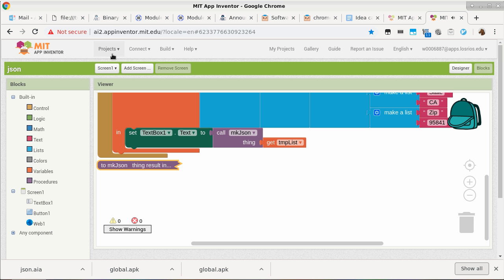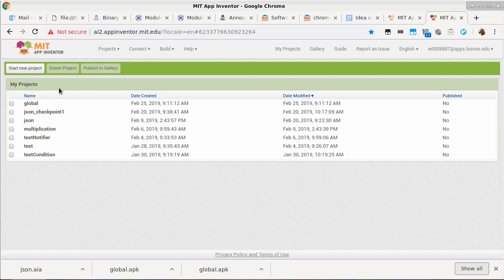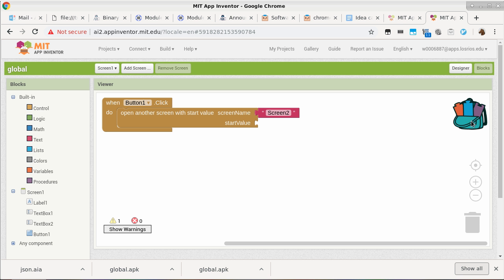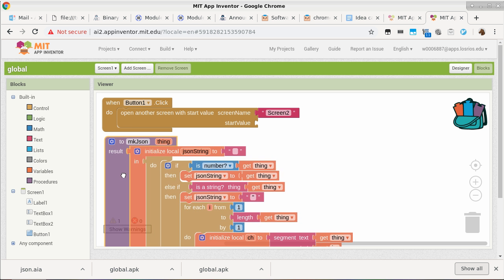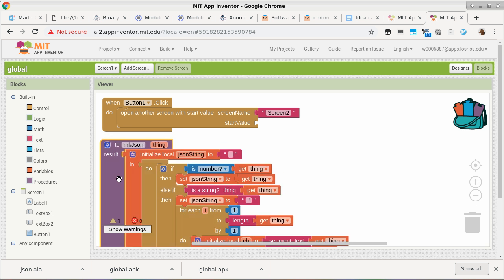Now I switch project. So I'll go back to my projects, switch back to what we were working on today with global. Click on the backpack, and then place this into our current project. There we go. So now we have that make JSON subroutine or procedure available now to whatever we're doing now. Is that okay? Cool? So you can't just copy here, Control C, and then, nope. Okay. No, that does not work. Yep. Not like Word. That would be easy, right?